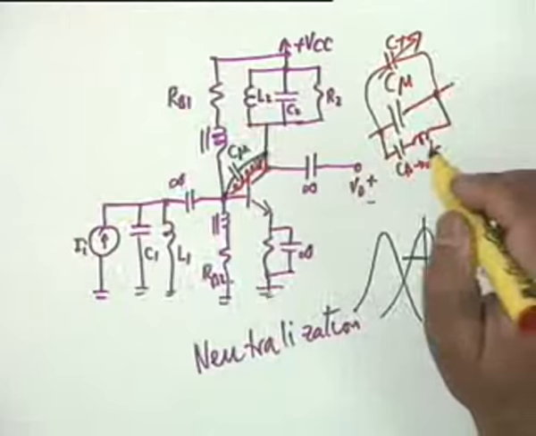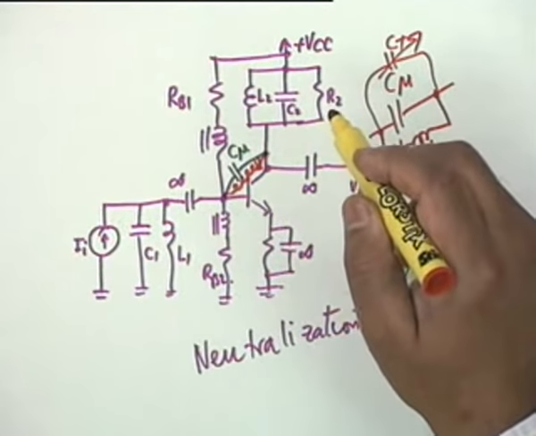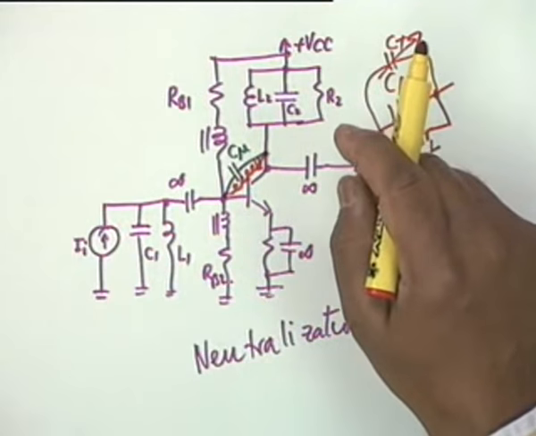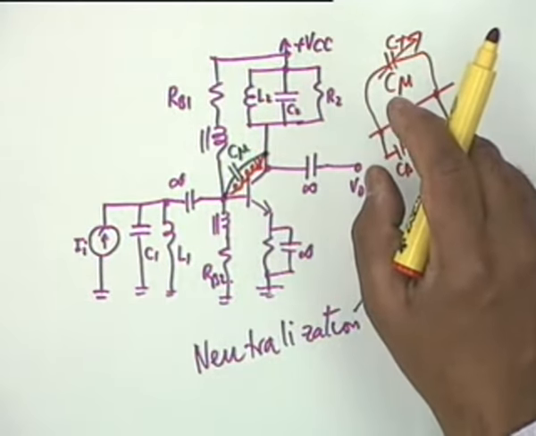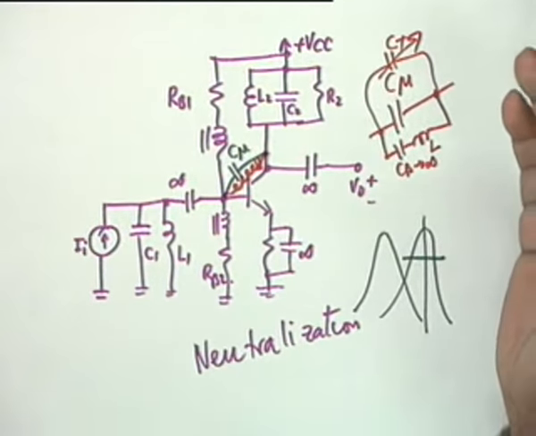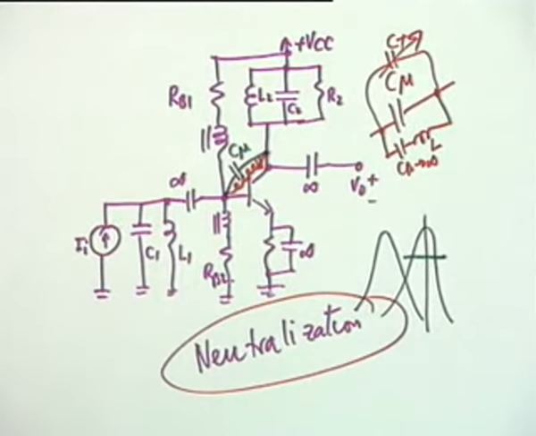Okay, so this is a simple minded procedure, but people soon discovered that it has its own limitations. With age, things change, transistor parameters change, and the circuit which worked wonderfully on the 23rd of March, on the 1st of April, it starts oscillating. Okay, so this neutralization has very limited application. What one does is one uses circuits in which neutralization is not required.